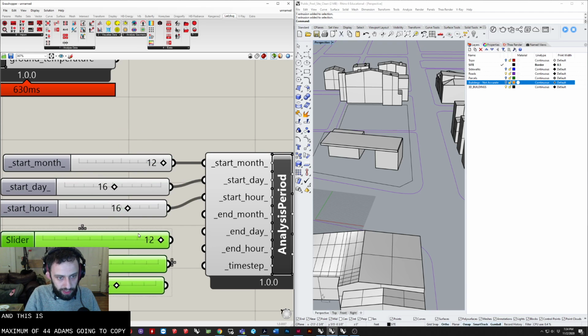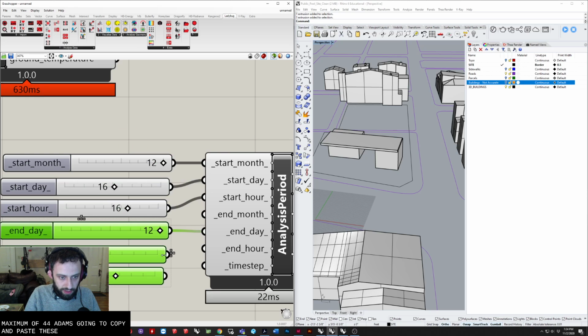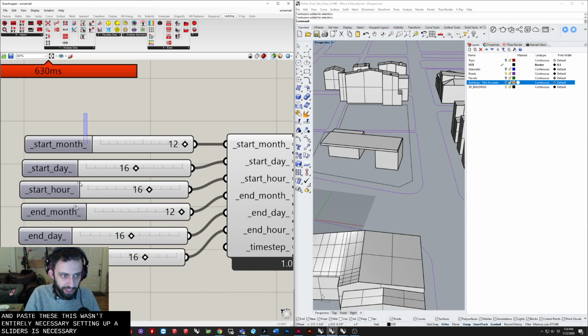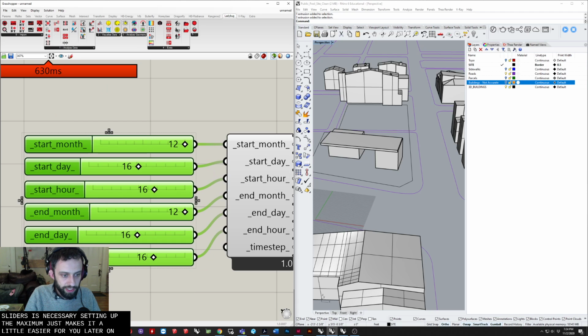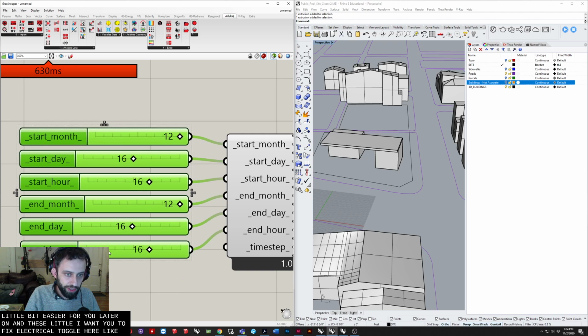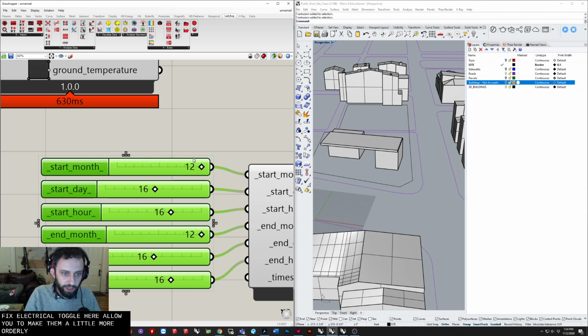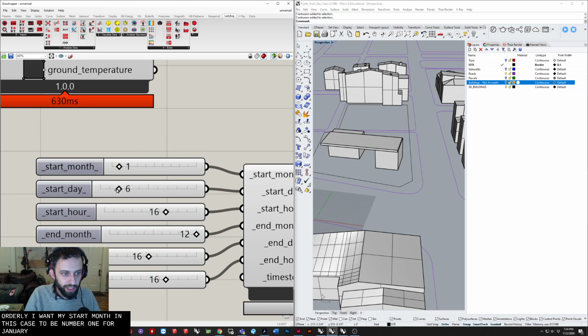And I'm just going to copy and paste these. So this wasn't entirely necessary. Setting up the sliders is necessary. Setting up the maximums just makes it a little bit easier for you later on. And once you have things selected, these little toggles here allow you to make them a little bit more orderly. So I want my start month, in this case, to be number 1 for January, start day to